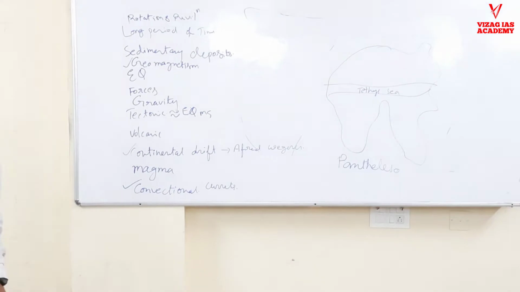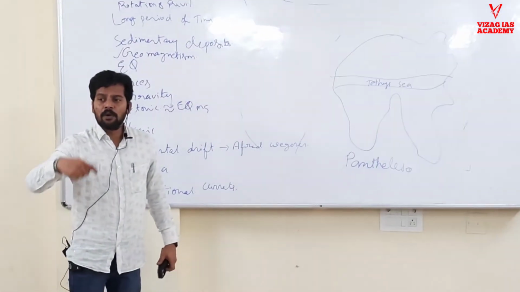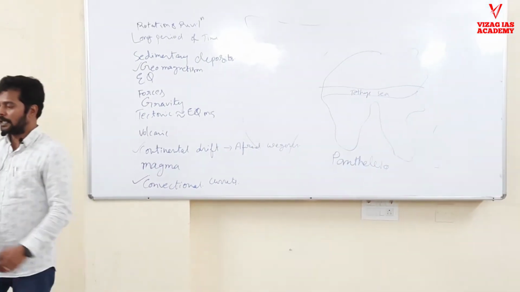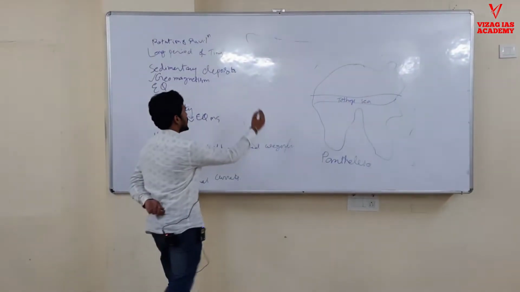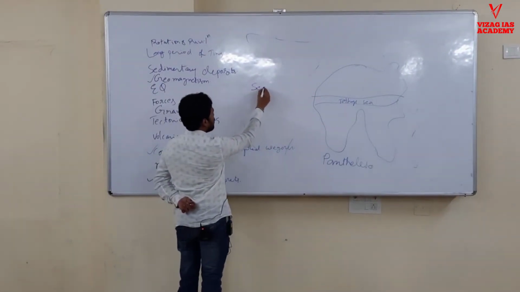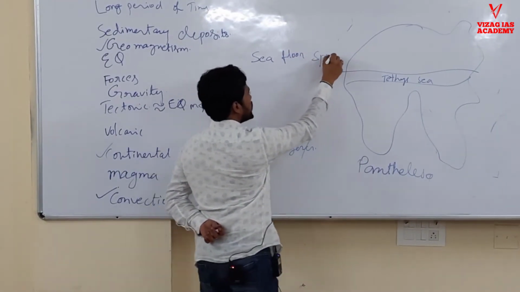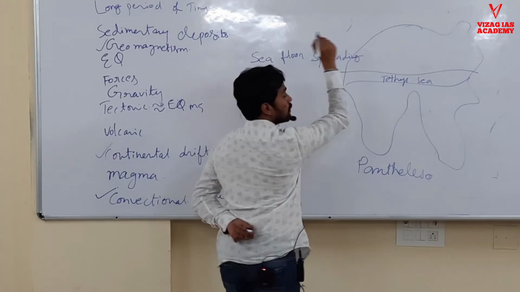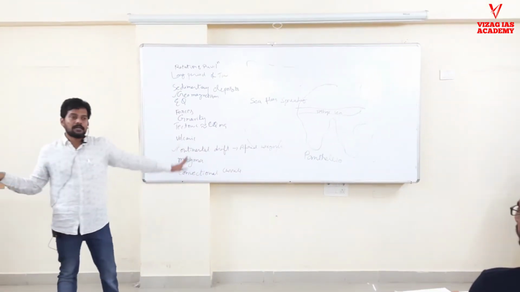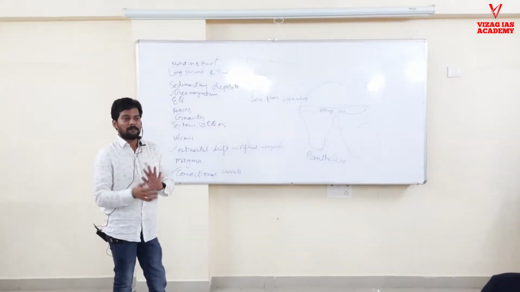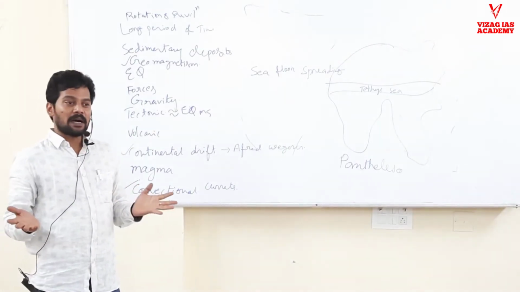He did it in the early part of the 19th century. Slowly, scientists started reading more about this. Though scientists rejected it, let us understand the various things. They first came across the sea floor spreading concept. Sea floor spreading. Anybody heard? What is sea floor spreading? Suddenly a new word came, we will skip. Don't worry. Scientists also didn't come across the sea floor spreading word. They came across the fact.